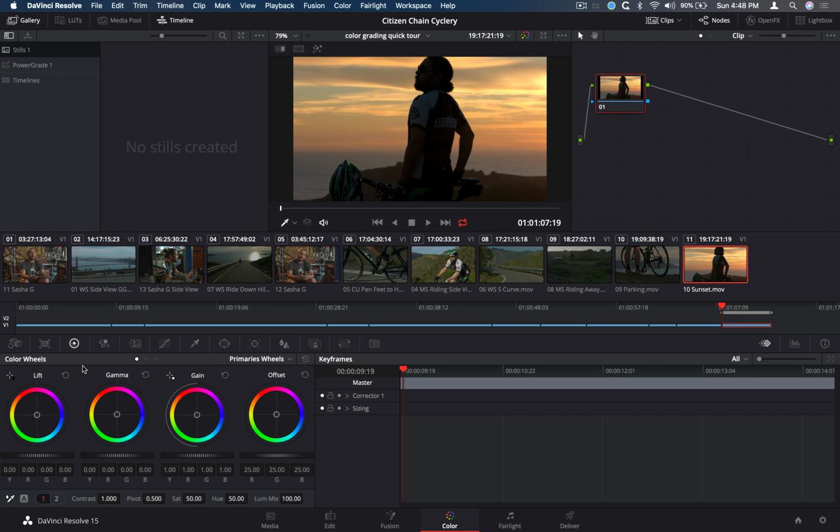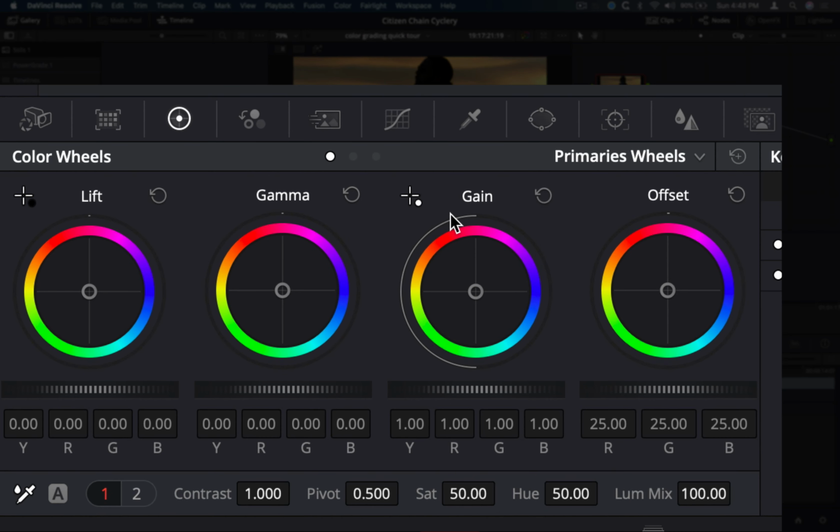So using the primary corrector, you can achieve a refined result because you can divide the image into tonal regions. Here it's divided up into lift, gamma, and gain controls, which correspond to the dark, the mid-range, and the bright regions of your image. And then inside of each region, you can adjust the hue and the luma values. For instance, if you wanted to adjust color or brightness in the dark areas, we would move the lift region. So in clip 11, let's